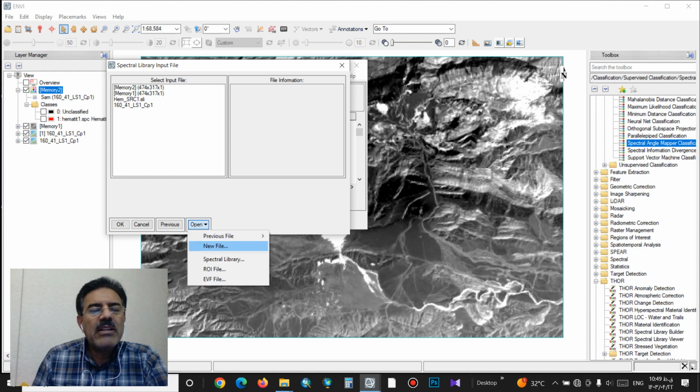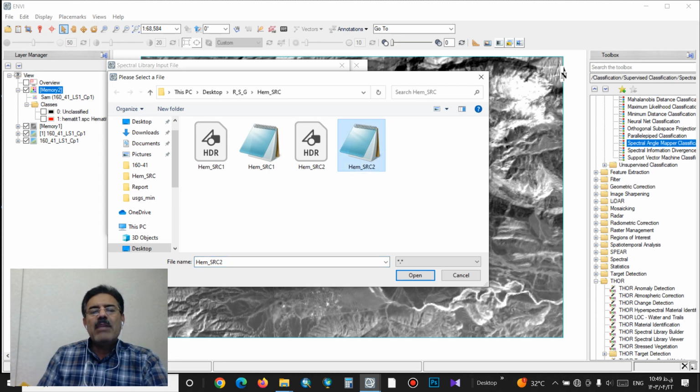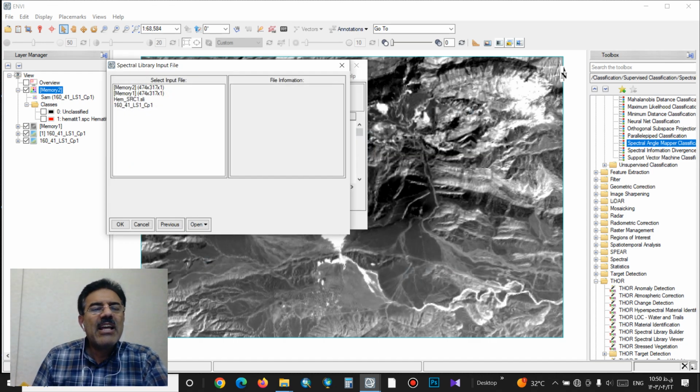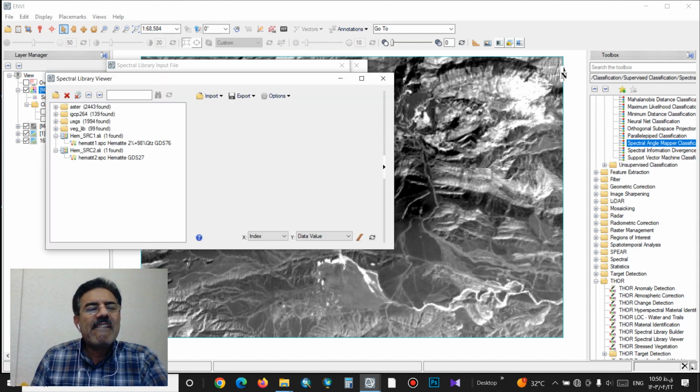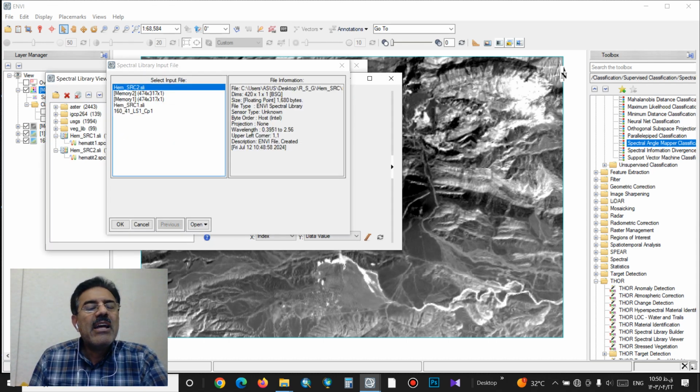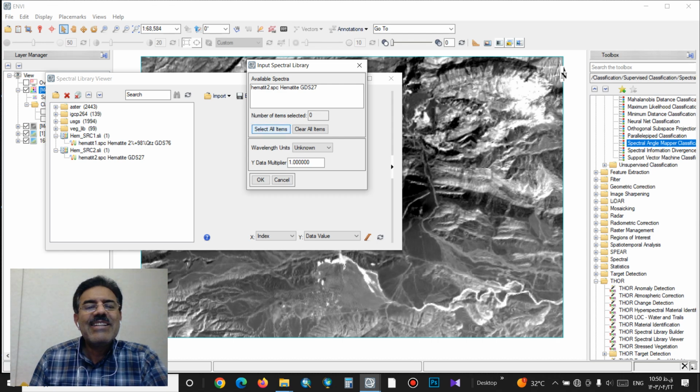In open and spectral library, hematite spectral reflectance curve number 2. Click on open and hematite underscore spectral reflectance curve appeared in this location. And click on OK and select all items and OK,